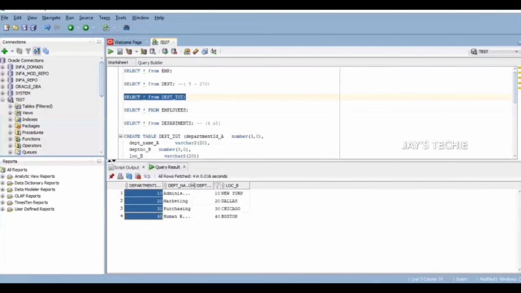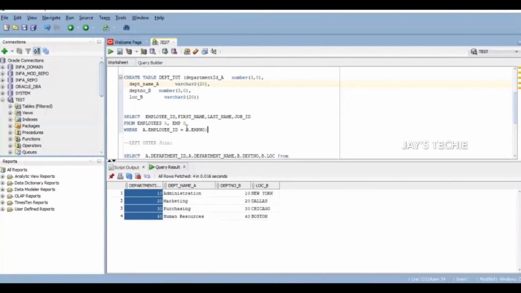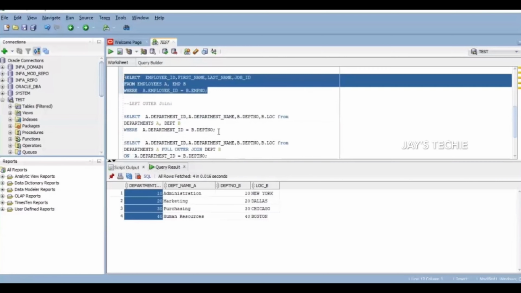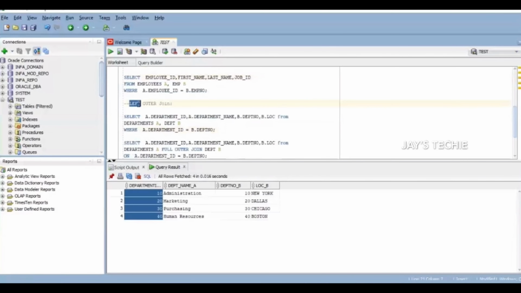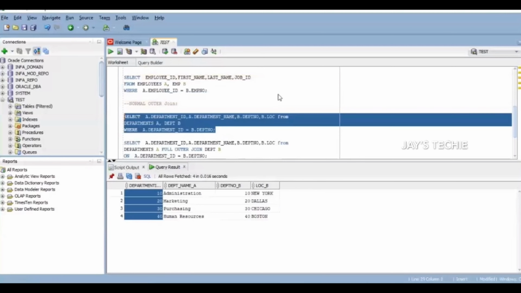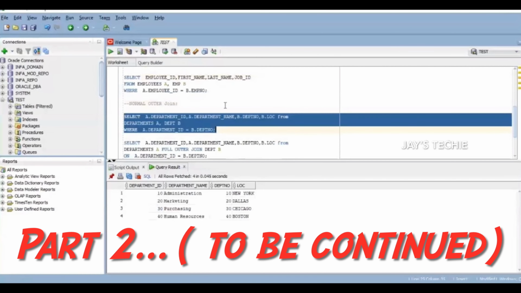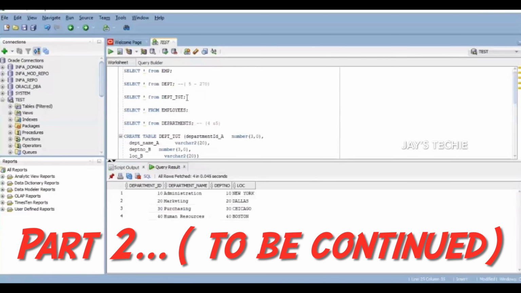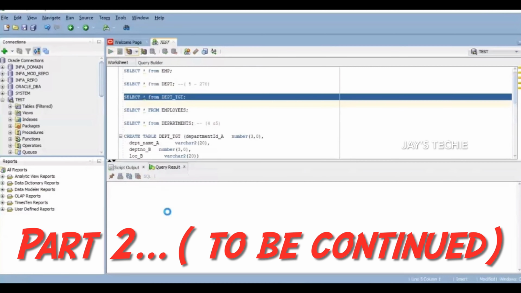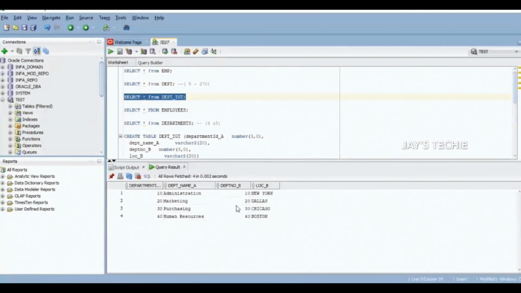This is the result set of what we have seen over here. If you run the same query over here, it will give you this result, which is an inner join or a normal join. So this is what we expected as part of this join type. Here you can see the same result set, and the target table gave the same result. Now we can see the results. So this is the normal join.